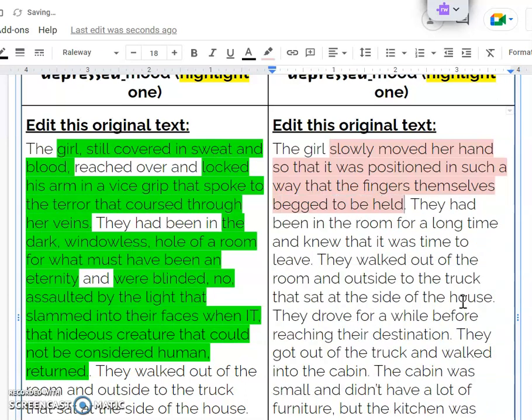If I'm writing something romantic, and I want to show that I am trying to position this girl's hand to where she's trying to hold hands with this person for the first time, you'll notice that I'm almost giving the fingers themselves personification, letting them show themselves as humans. Instead of "they had been in the room for a long time," that's boring. You might say